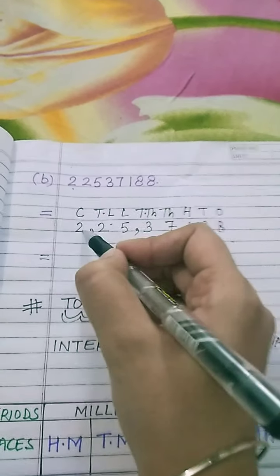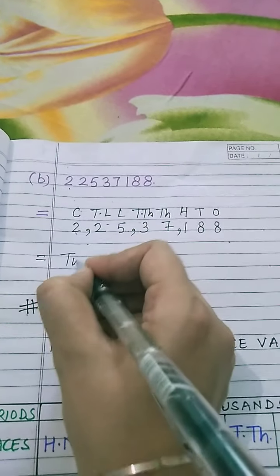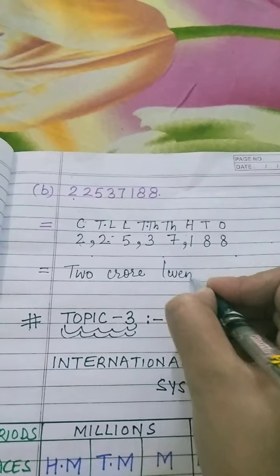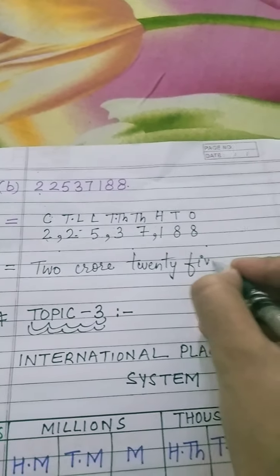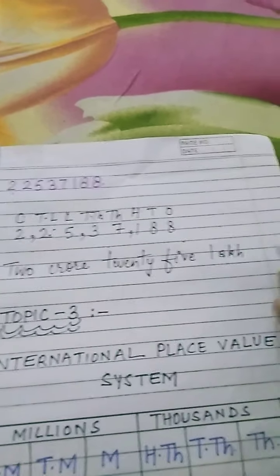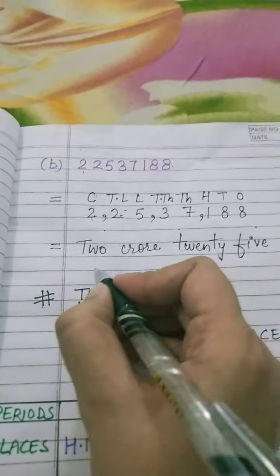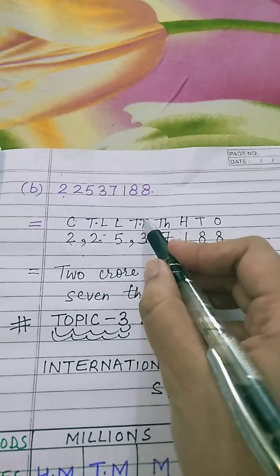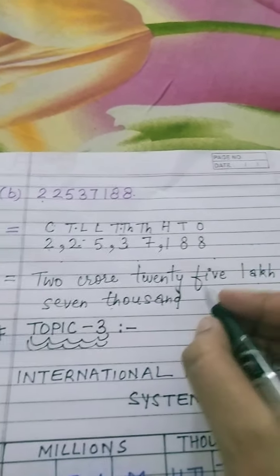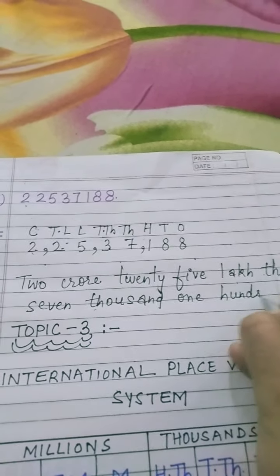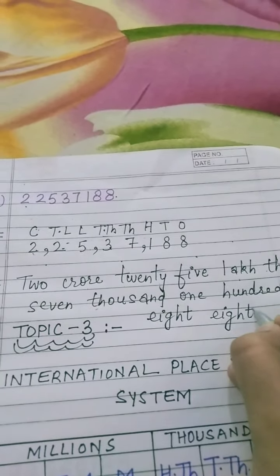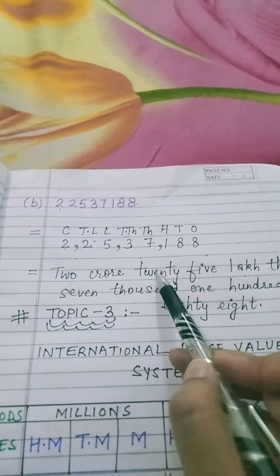Now we will write it as 2 crore because 2 is at crore place. 2 crore, 25 lakh, 37,000, because 37 comes under the thousand period, 188. I'm repeating it. 2 crore, 25 lakh,